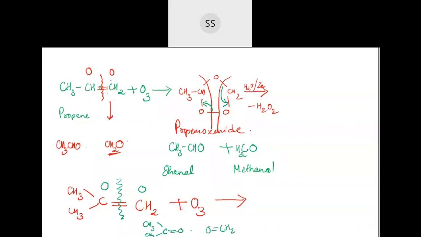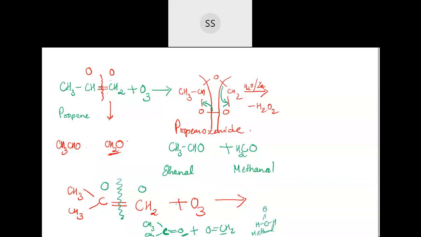Correct, no? Now you see, this is ketone, no? If a carbon has neighboring CH3 and CH3, it's ketone. And the number of carbon atoms altogether is 3. So it's propanone. Okay, so it's propanone plus this is aldehyde. Because H here, then C double bond O and then H. This is methanal. Okay, so you get methanal plus propanone.